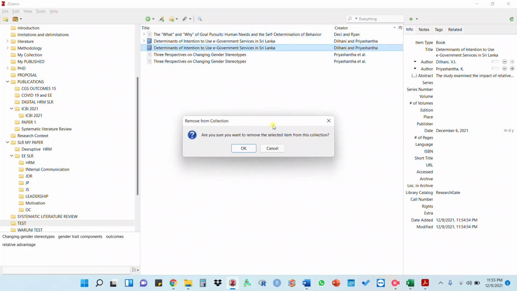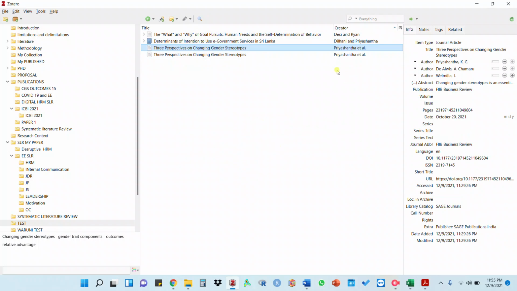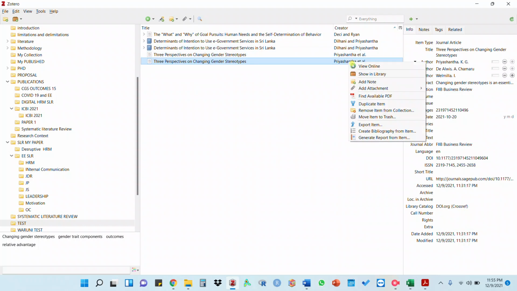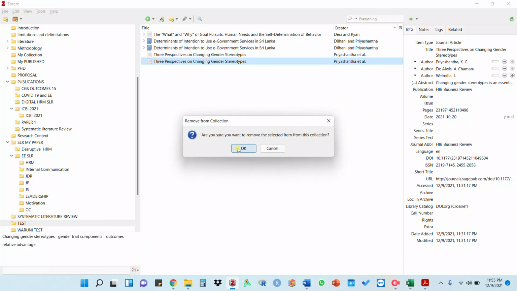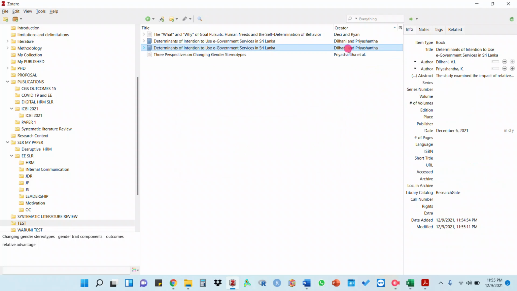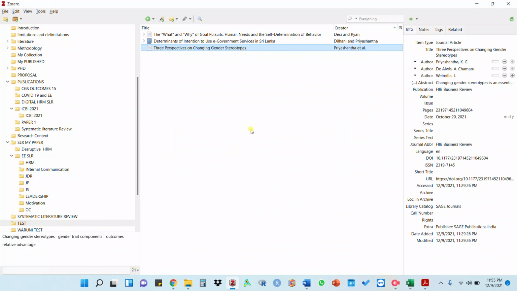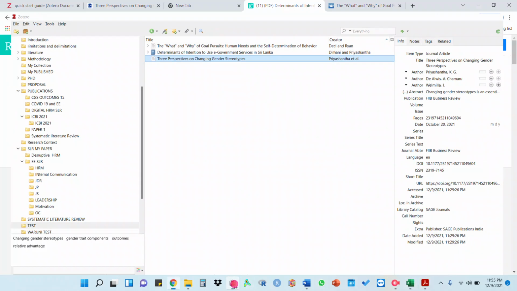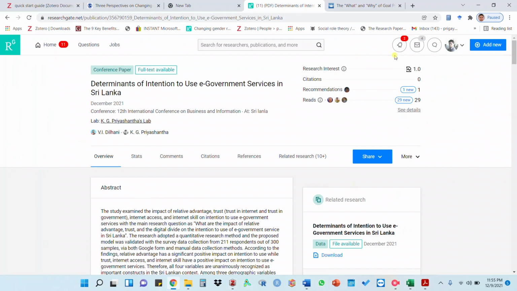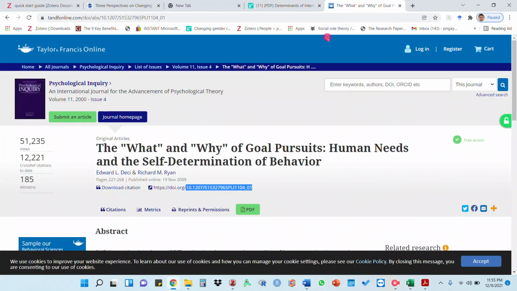Then if you want to delete it, right click it and remove from the collection. Okay, right? There is another one, yeah, and there is another one. Then again you need to remove, you can remove this, right? Again you can remove this, okay. And so likewise,